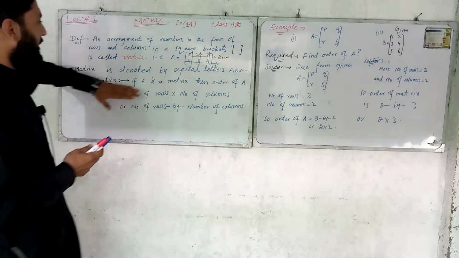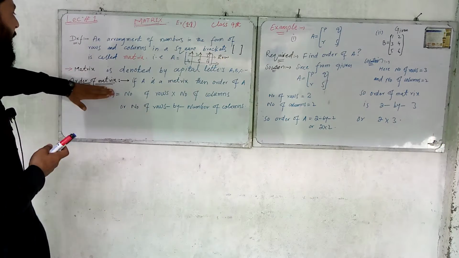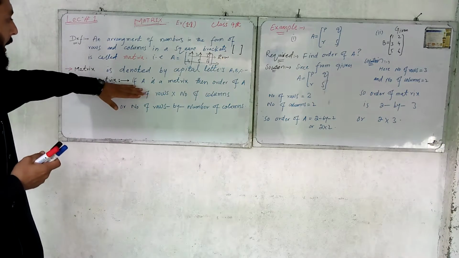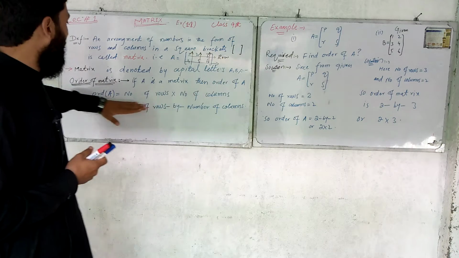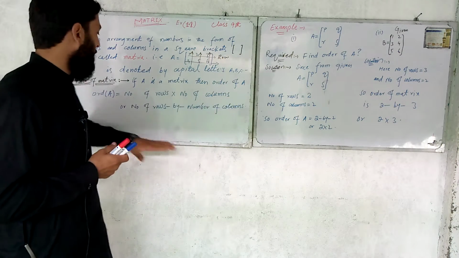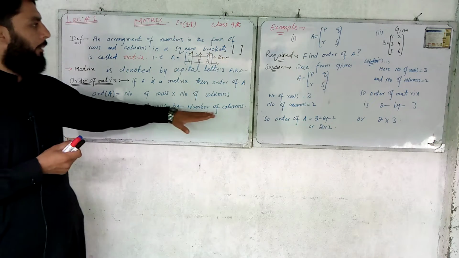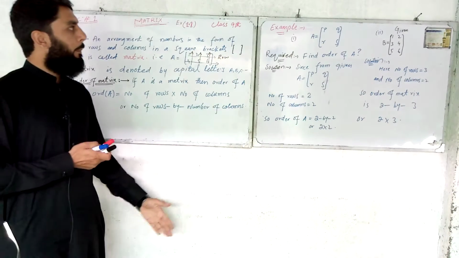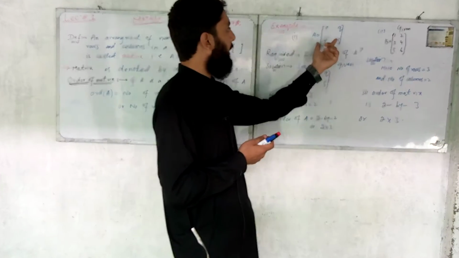In matrix we discuss the order of the matrix. What is the order of the matrix? If A is a matrix, then the order of the matrix is equal to the number of rows cross the number of columns, or number of rows by number of columns. For example, if we have a matrix A equal to P Q R S,